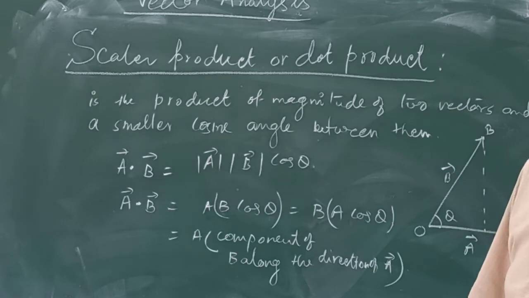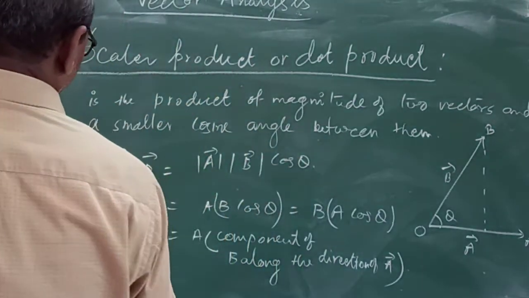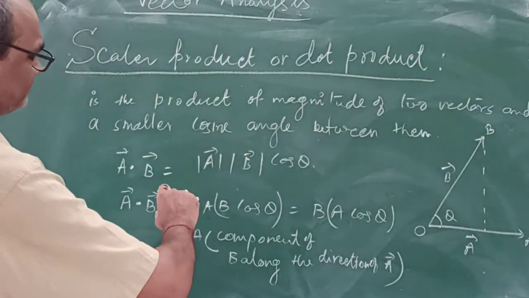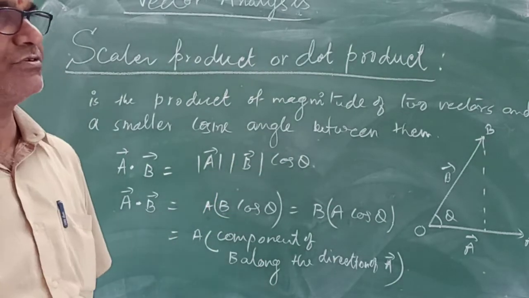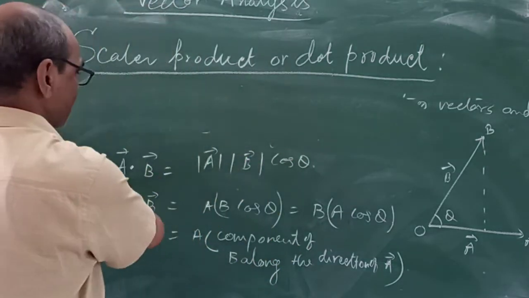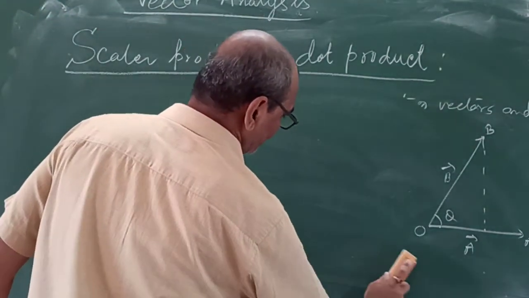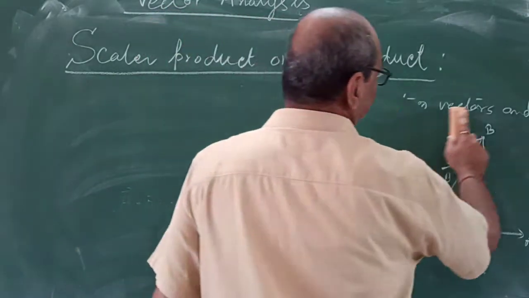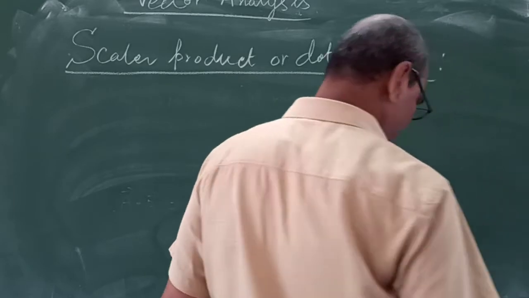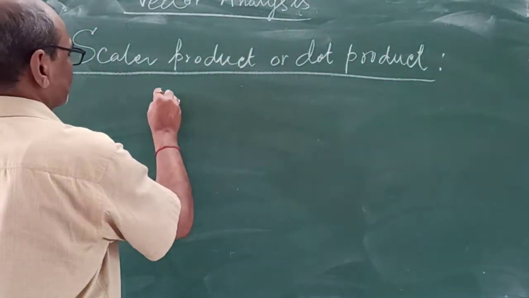Now a few examples of the dot product of two vectors. Work done is equal to force dot displacement. This was the dot product. Only we apply the cos theta. Don't write sine. Examples based on the dot product: work done.